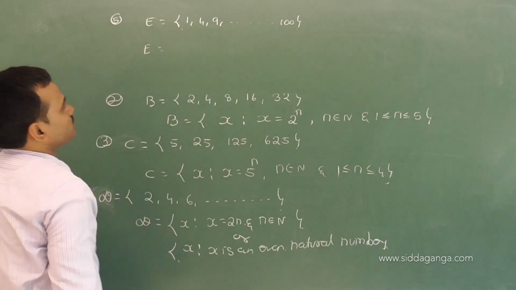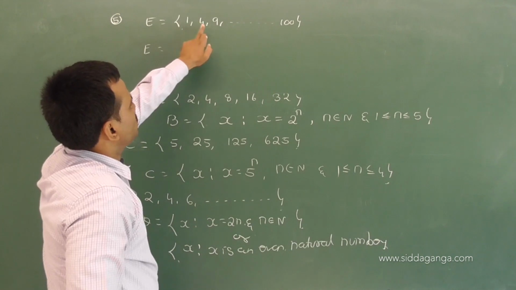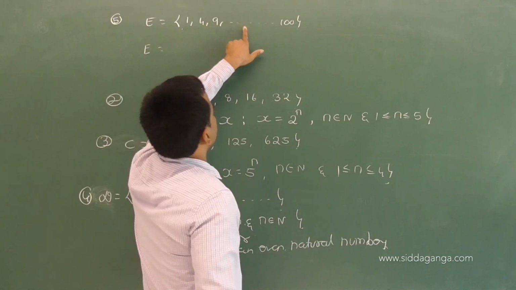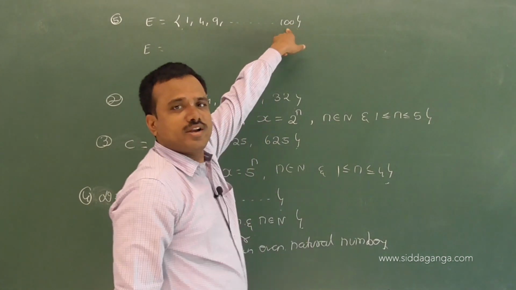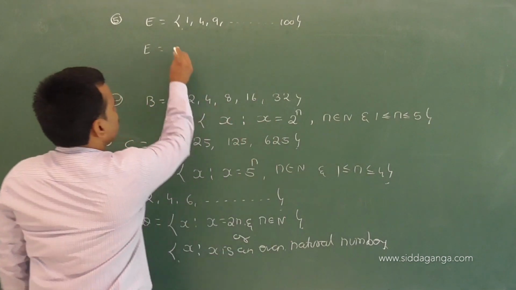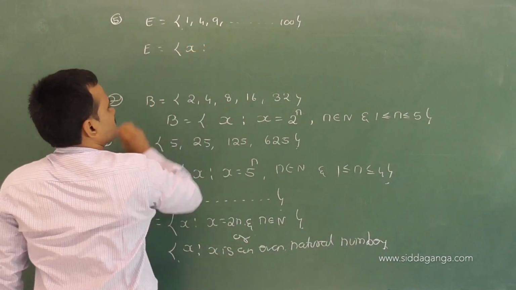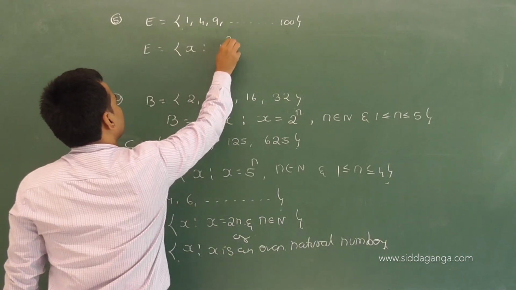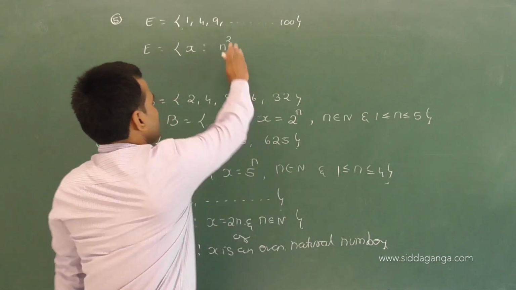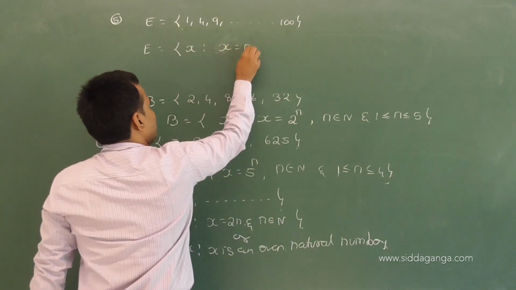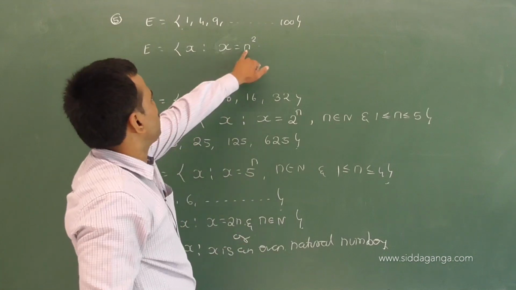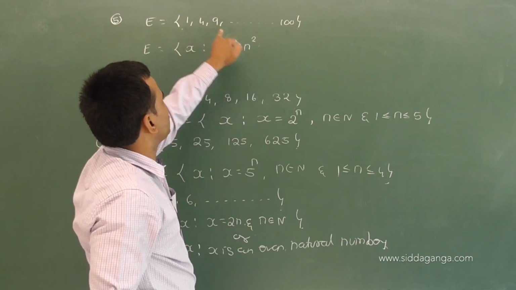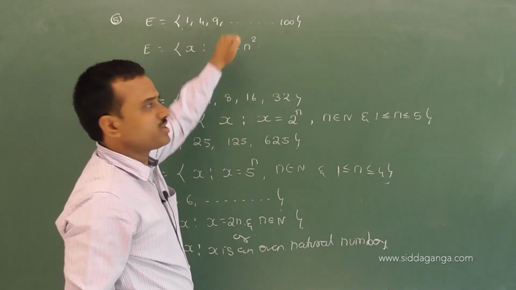E is equal to, observe here, 1 square, 2 square, 3 square, 4 square, 5 square, 6 square, up to 10 square. 10 square is how much? 100. So we can write it as x such that x is equal to n square. If I write 1 square, 2 square is 4, 3 square is 9, 4 square is 16, n square such that